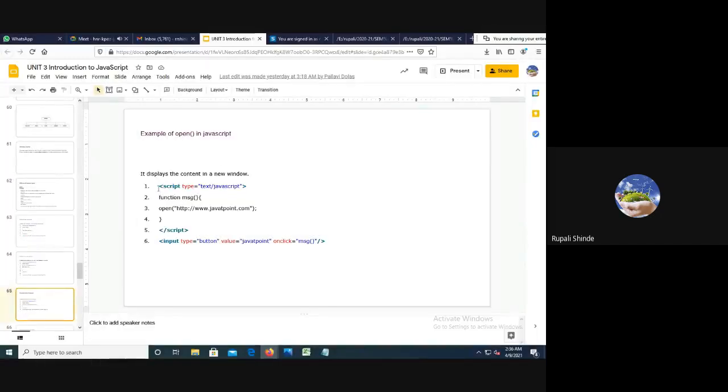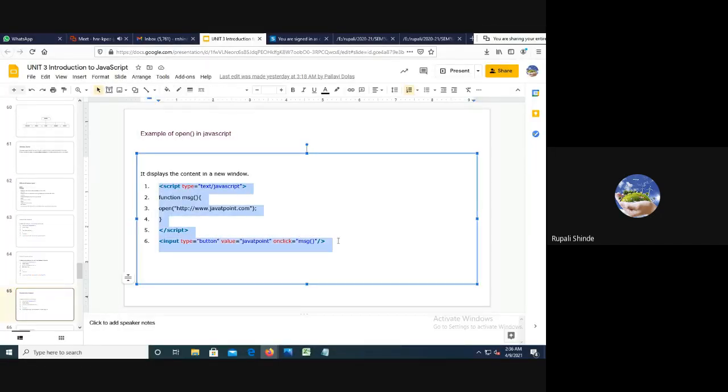Next one is open. It is used to open a particular website, or if you want to open something, then you have to specify it here. Everything is enclosed within a function and within a script.